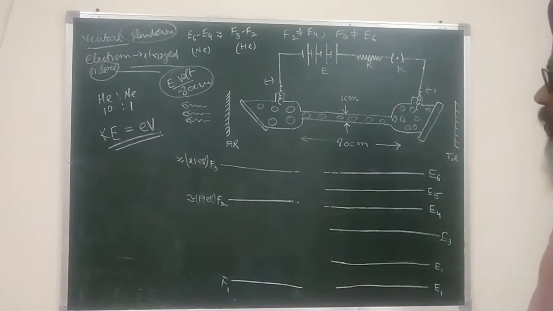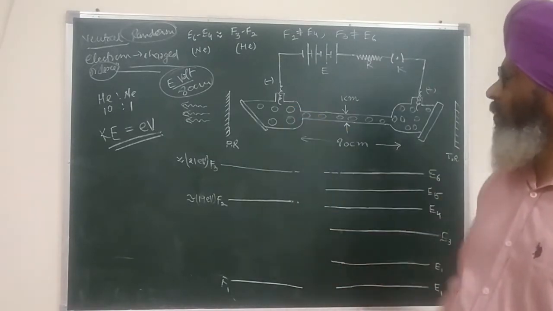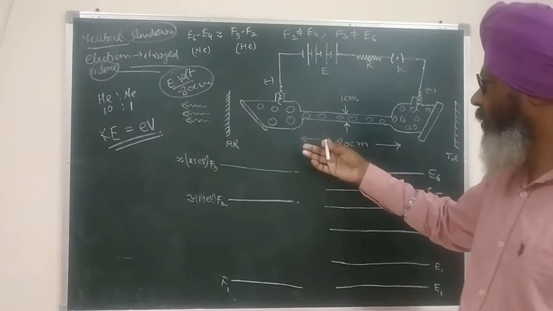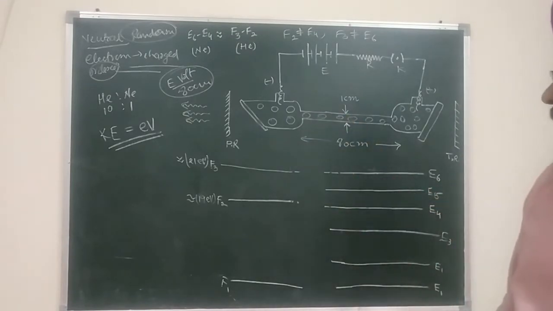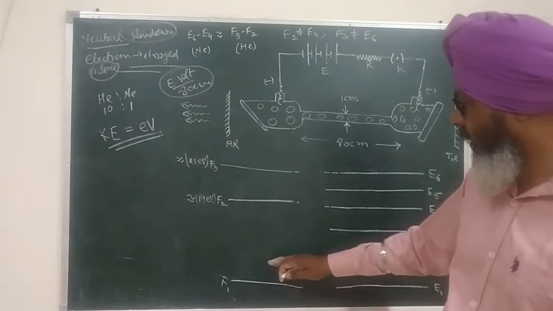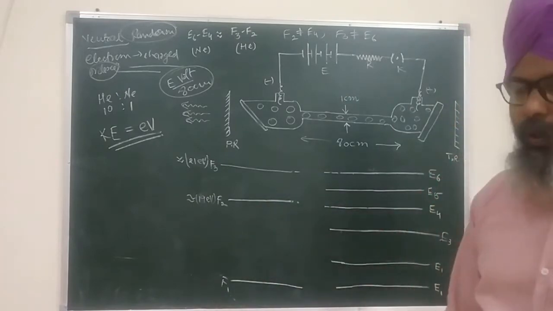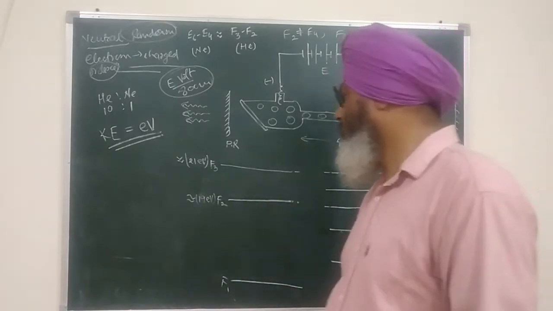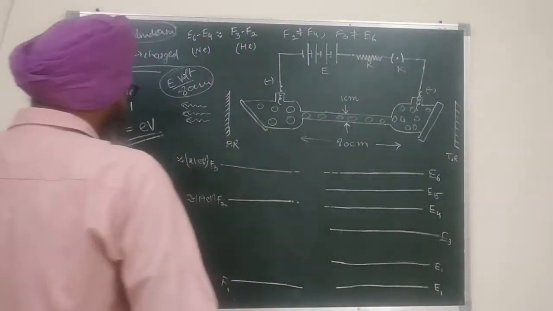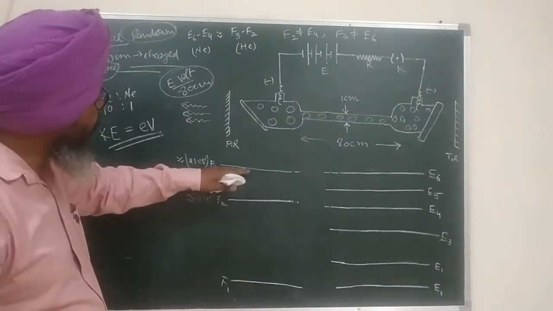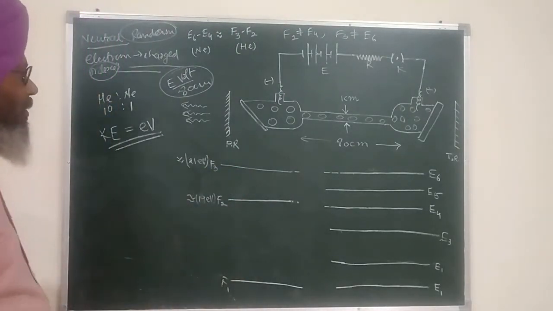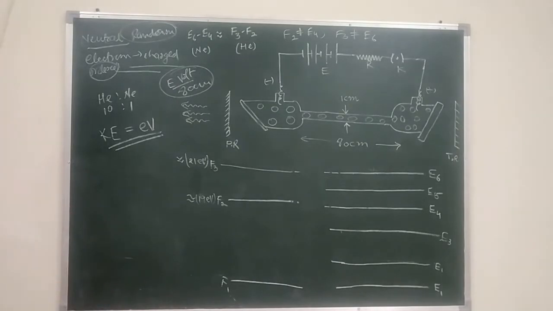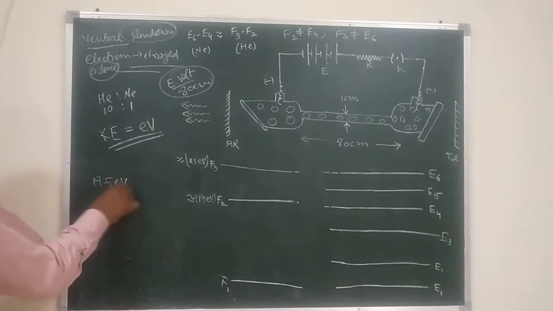Kindly remember, as soon as the electron leaves the cathode, it will travel toward the anode. It will gain kinetic energy, and when it gains sufficient kinetic energy, at least more than 19 electron volt, which we require for first excitation. Let us say it acquires some kinetic energy. Kindly remember that these are electronic energy levels. Let us say the electron acquires a kinetic energy of the order of maybe 19.5 eV.